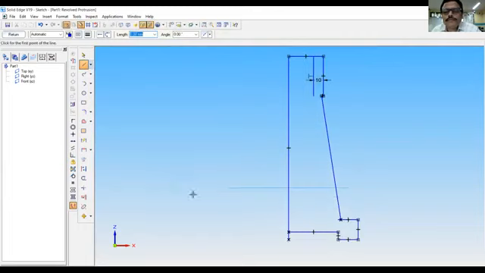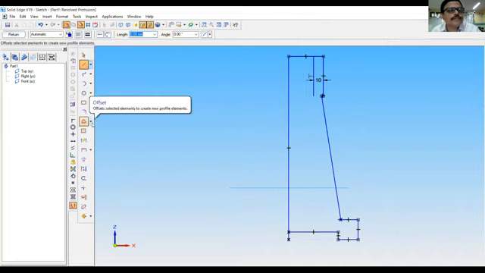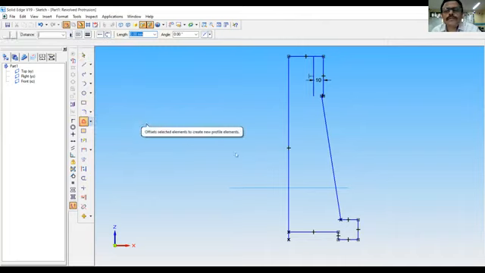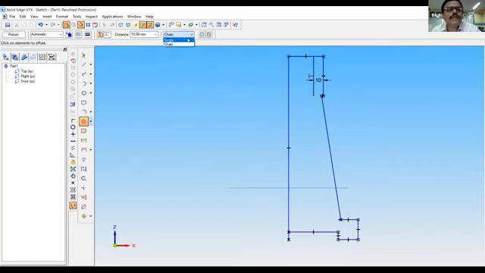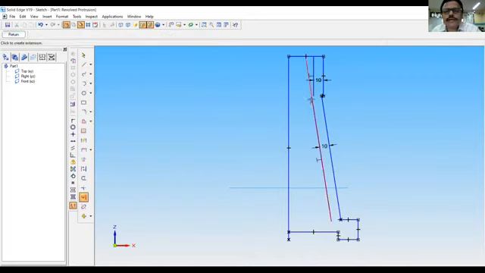Now, again, do the offset, make it single, 10 mm, it is here, right click. Now extend this, you can extend this up to here.